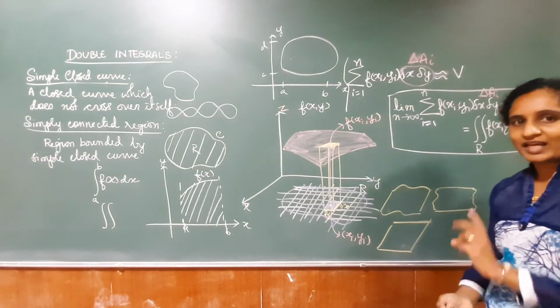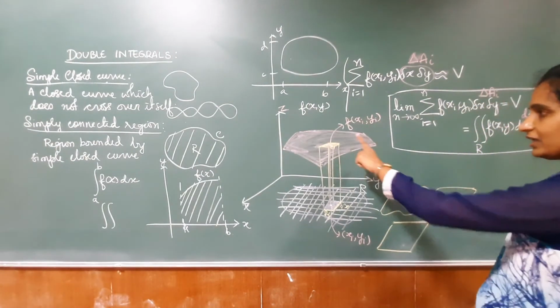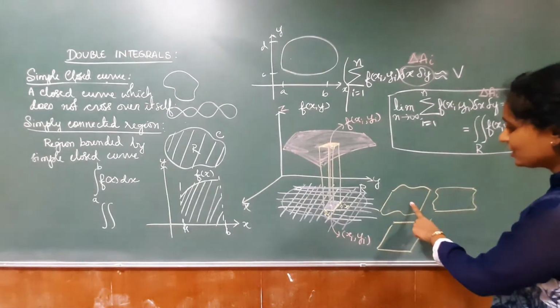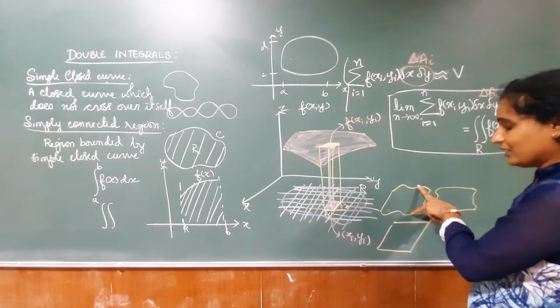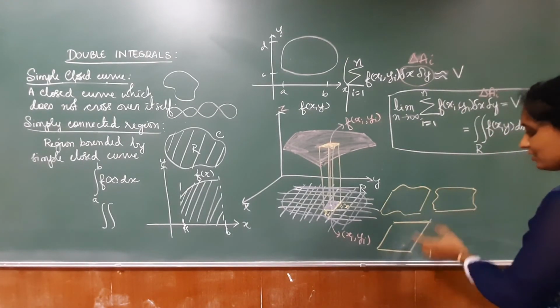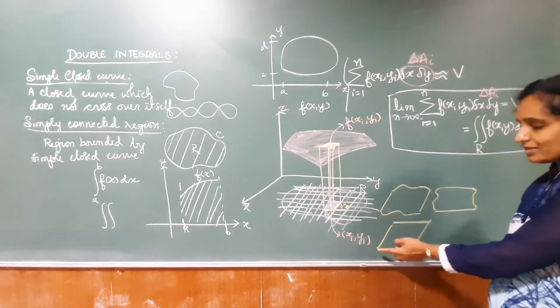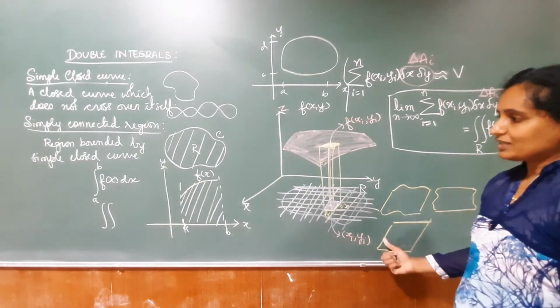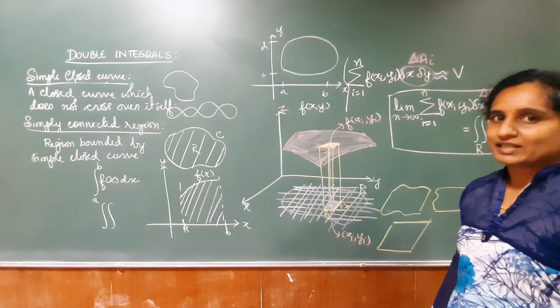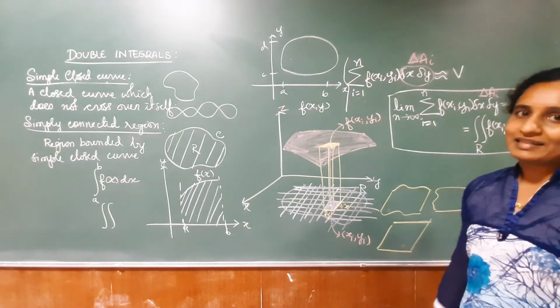So which are the 3 types we will be studying? Double integral of a function over a region such that 2 sides are straight lines and 2 sides are curves. This is the same case here. And otherwise all the 4 sides are bounded by straight lines. Such kind of double integrals we will be studying probably in the next class.